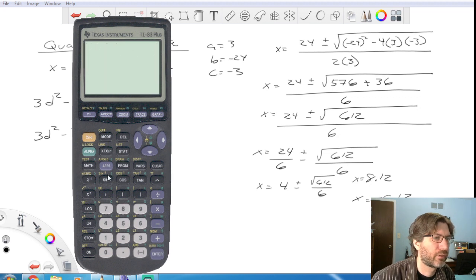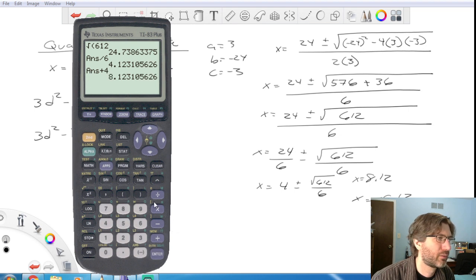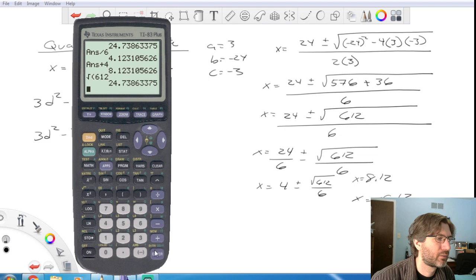Yeah, it's not working because I took that 4 with it. Divide that by 6. Add 4 to it. That's giving it. And then the square root of 612, make it negative. Divide it by 6. Gives you that. And then 4